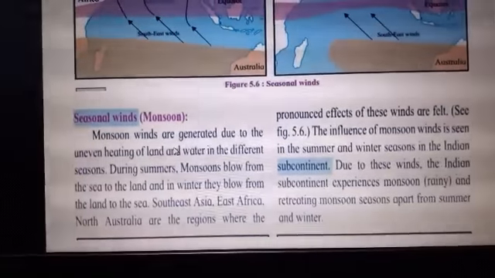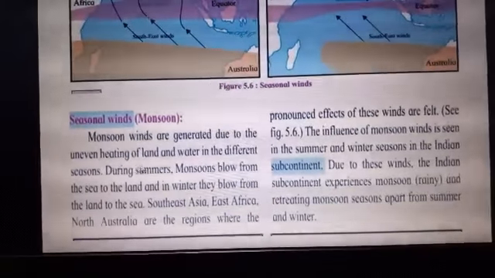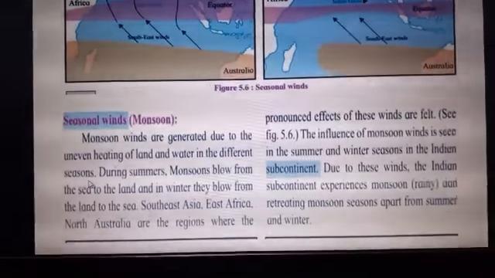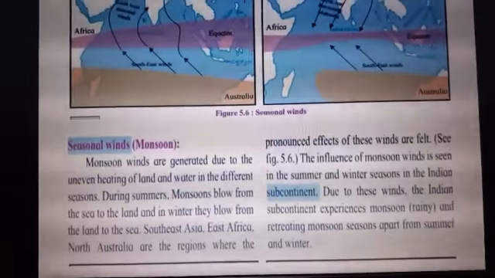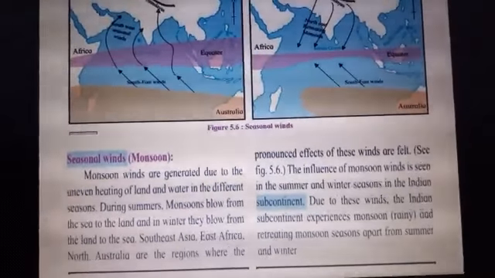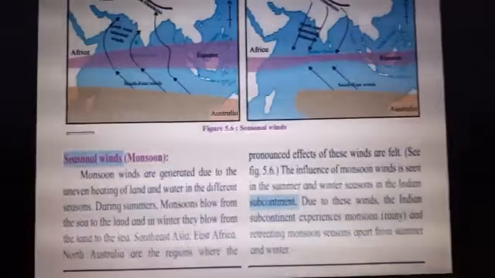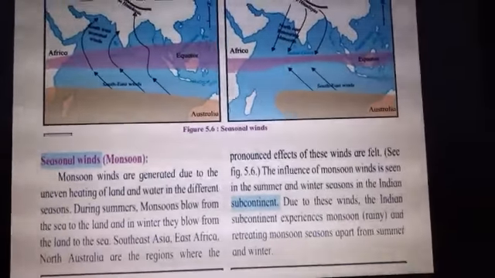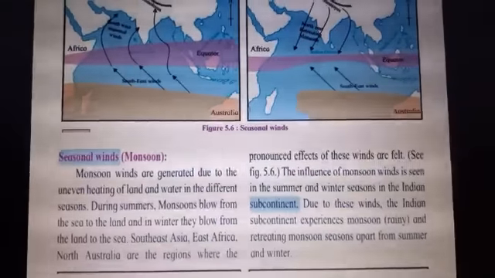Monsoon winds are generated due to the uneven heating of land and water in different seasons. So how do these monsoon winds get generated? ये winds कैसे produce होती हैं, कैसे generate होती हैं? They are mainly produced because of the uneven heating of the land and water. वो जो पानी का जो गर्म होता है, temperature rise होता है, water का rise होता है, because of that